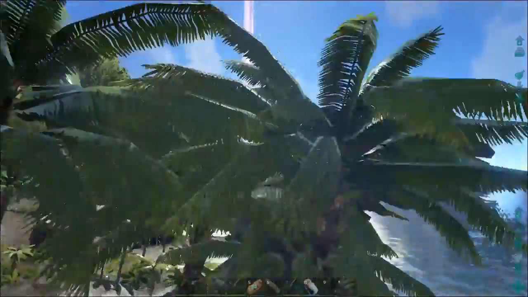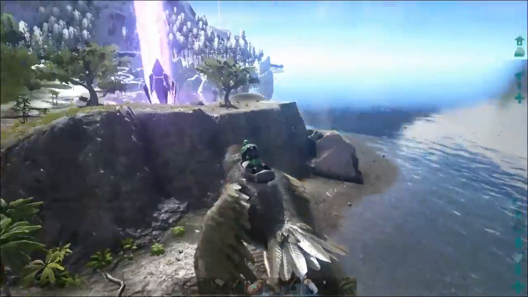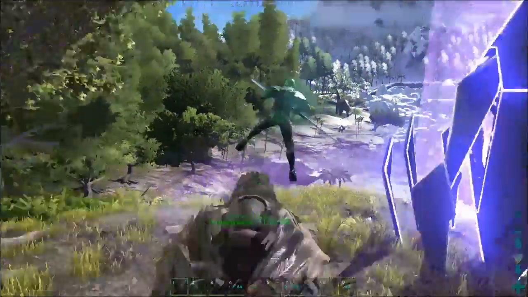Look at that. I like it. I like it. I like it. Oh, we're definitely going to have to pump the melee damage a bit, I think. That was only a level 20 Dilo. But that's not bad. Alright, speed and melee damage are probably going to be the main things that we pump, because the stamina's...